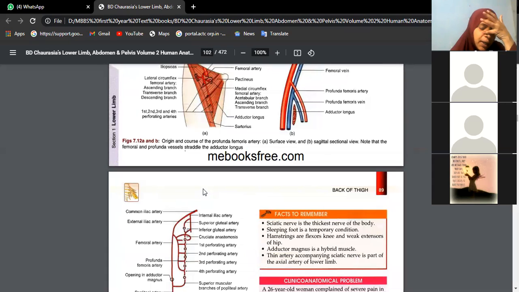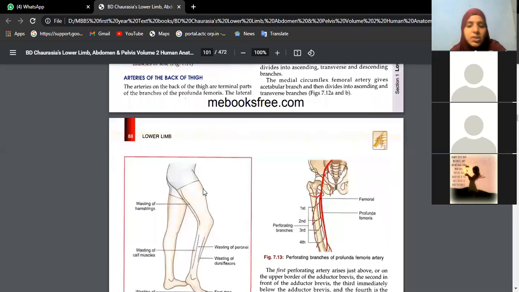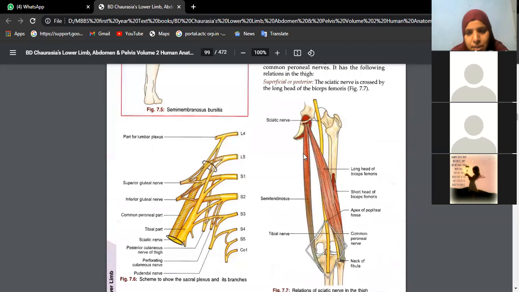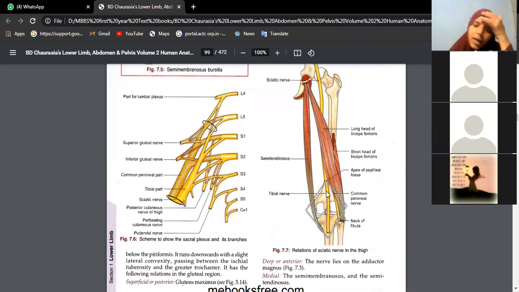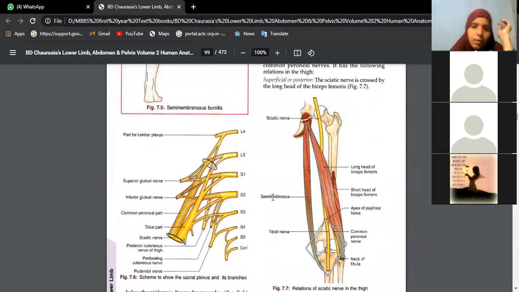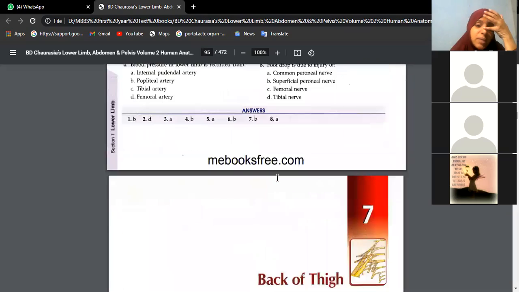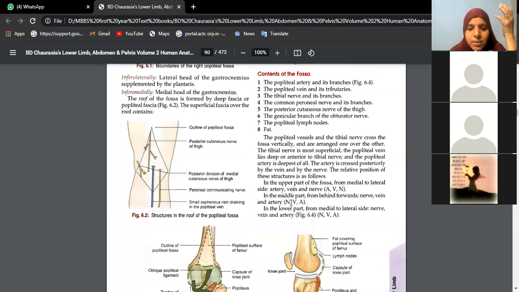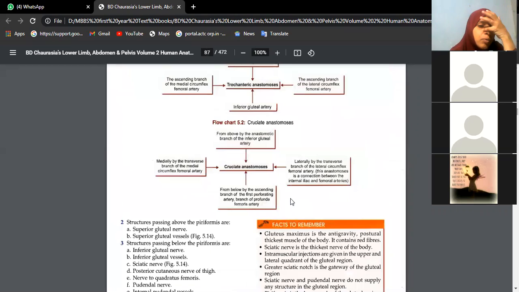So where is it dividing? In the upper part of the popliteal fossa. You will see the sciatic nerve, after supplying all these muscles, the hamstrings, semi-membranosus, semi-tendinosus, biceps femoris, and also the hamstring component of adductor magnus. After its formation, in the gluteal region also we have a part of its course. I'll show you that. What is the key muscle in the gluteal region? Anybody remembers?